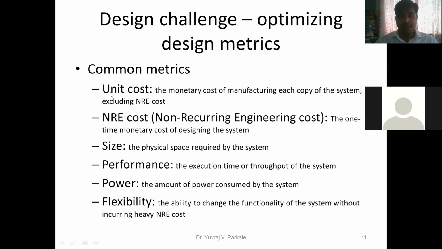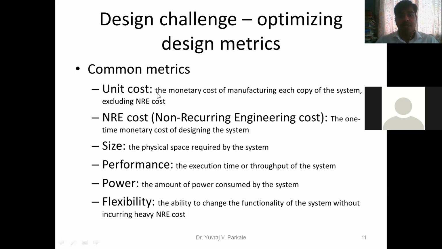Another definition is called unit cost. So what is unit cost? This is the monetary cost of manufacturing each copy of the system, excluding NRE cost. Are you getting it? Unit cost is nothing but the manufacturing cost of the embedded system. If you want to manufacture any embedded system, how much does it cost to manufacture that particular product?